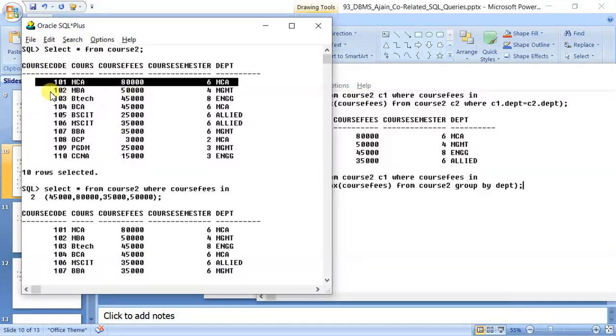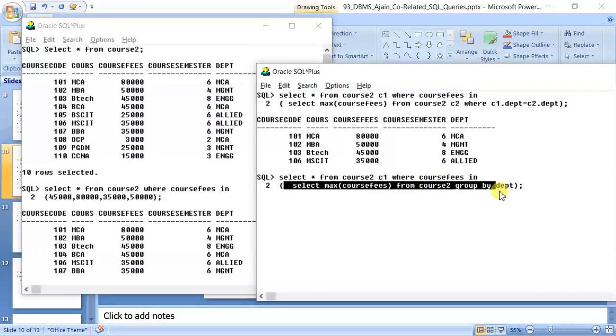Then it will move to the second record. It will say whether this course fees lies in this, yes. This, yes. But when it reaches BCA, again the same thing happens. Whether this 45,000 lies here, yes. Here was the problem.